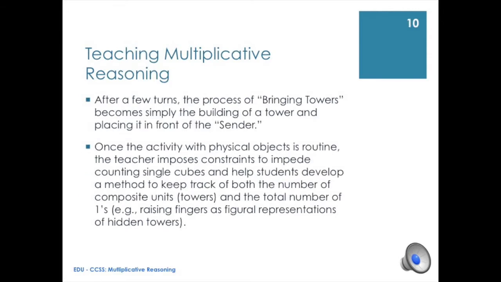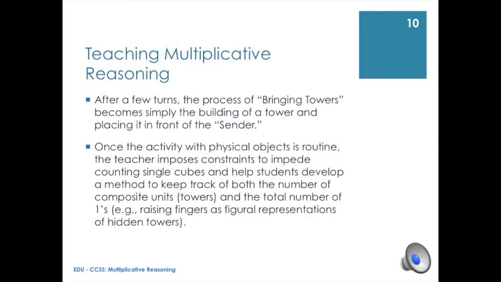So playing this game where kids are actually getting up and moving and walking around, we think is very important as the introductory step, but we also recognize that this could go on for too long, and at some point it becomes unnecessary to have the students walking around the room or the playground or the cafeteria or wherever you happen to find space. So after a few turns of doing the physical walking and building the towers,